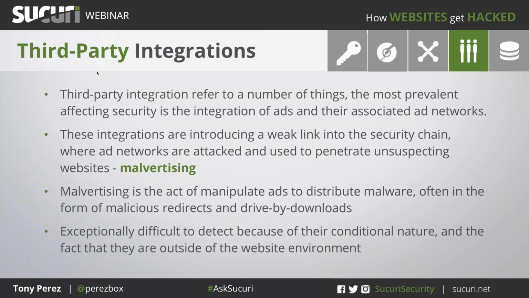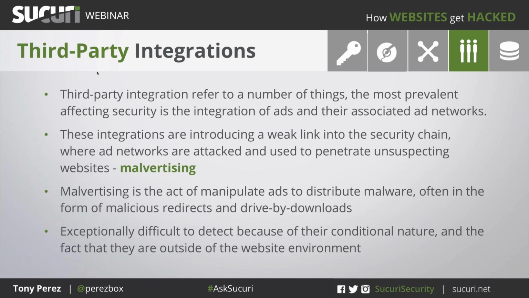And then hosting. Now, hosting gets a really bad rap, right? It's been a long time since we've seen mass compromises in hosting. And so a lot of people actually get it wrong. They say, oh, it was my host's fault. It actually isn't, and it is, right? The problem with the hosting world right now is that it's so saturated. It's so easy to get online. It's so easy to push a new website saying, I'm a host.